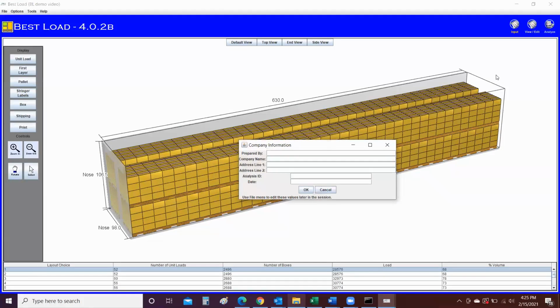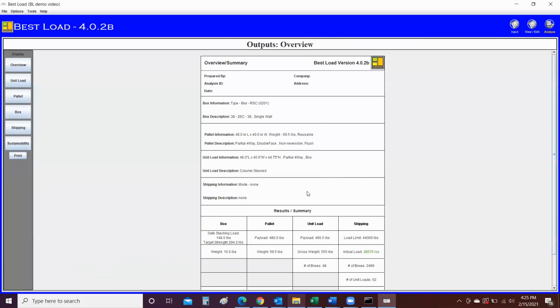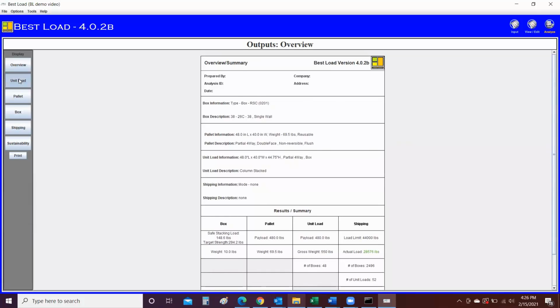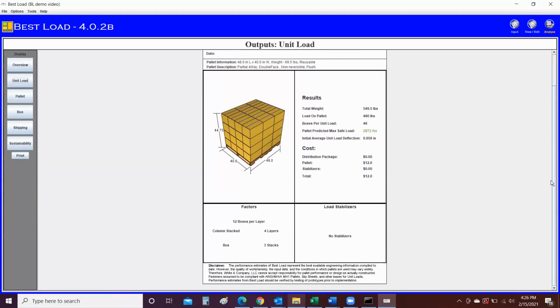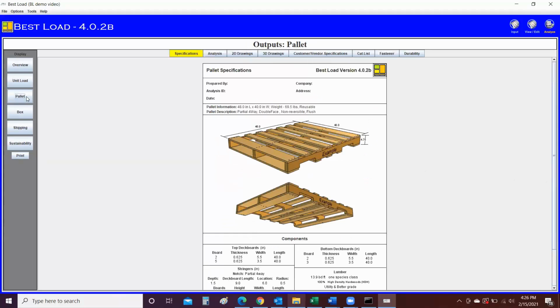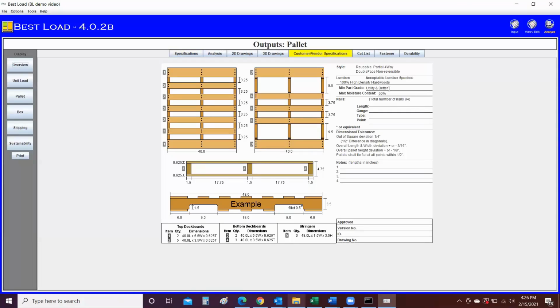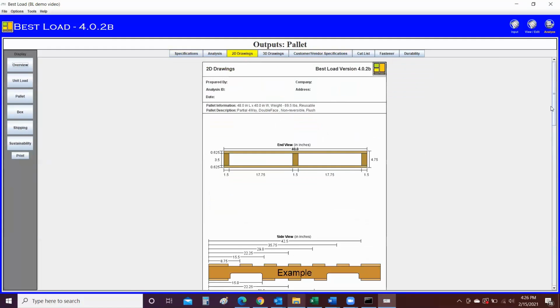Once the Analyze button is selected, the user has the ability to input company information that will appear at the top of all output screens. In the analysis section of the software, various screens and specifications are provided, including a general overview, a unit load output screen. For the pallet, a three-dimensional specification is provided with custom note fields at the bottom, in addition to a two-dimensional specification with custom note fields on the right-hand side. Two-dimensional schematics,